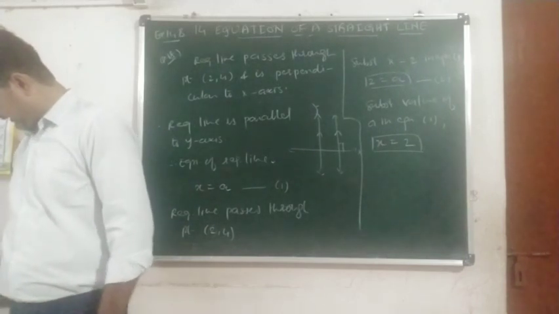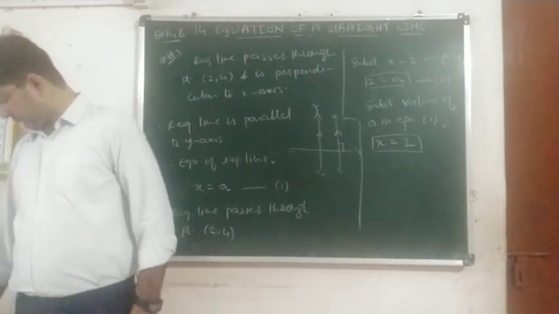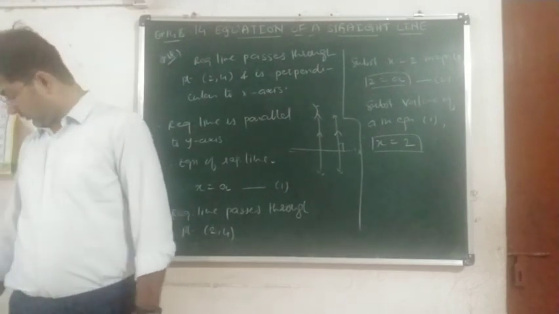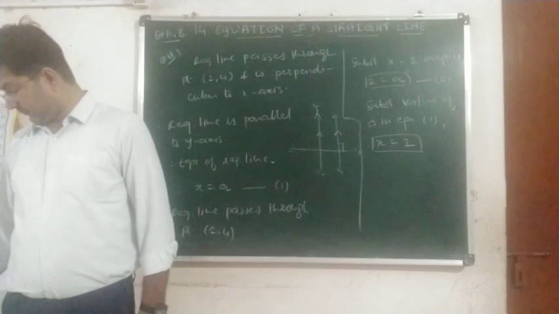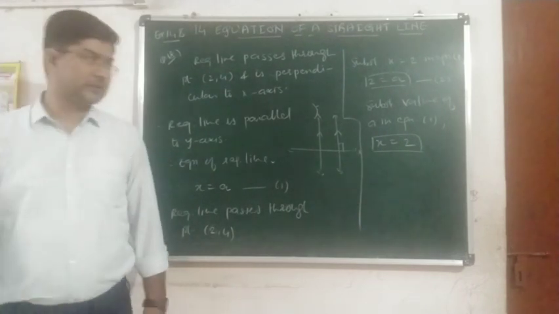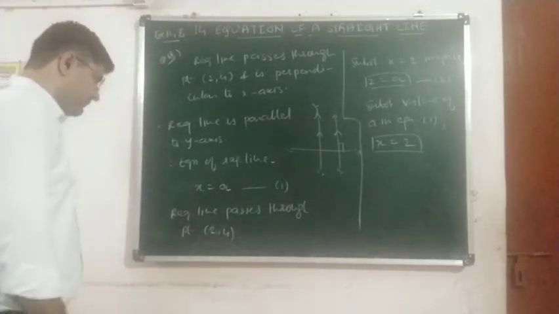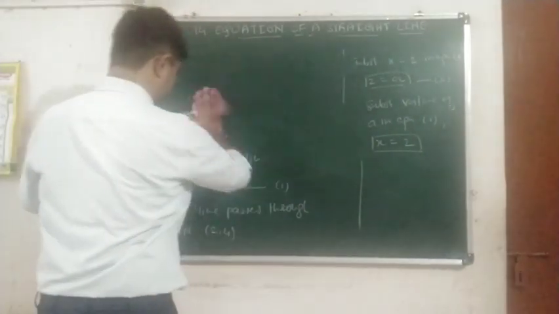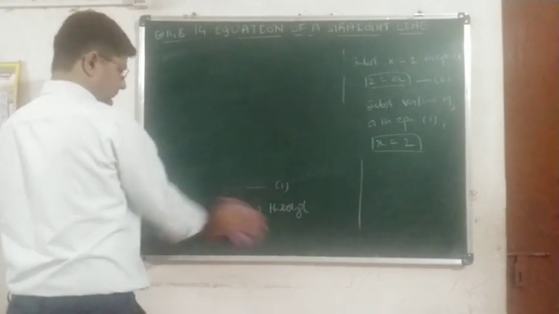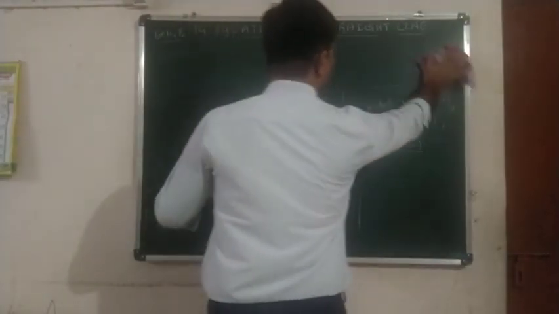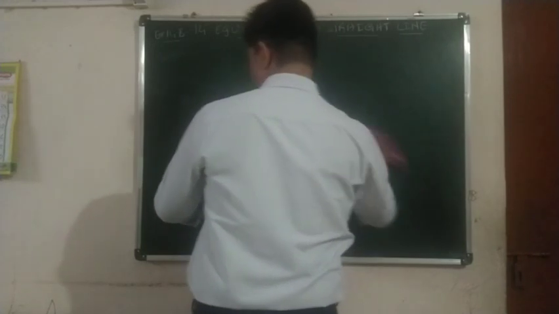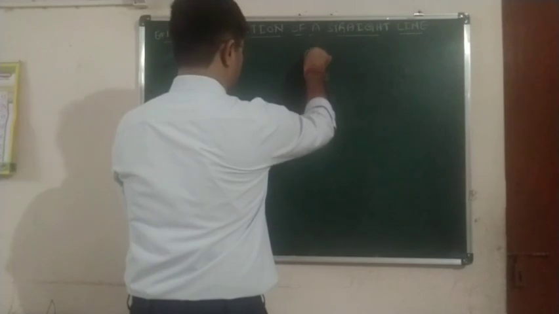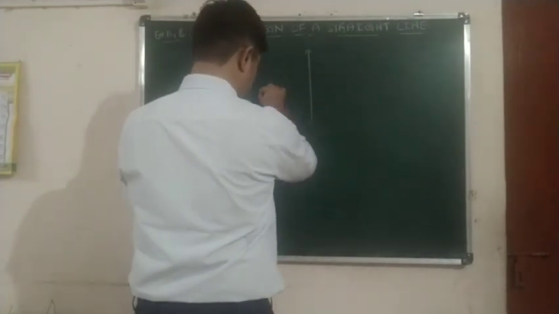So question number 19, find the equation of the perpendicular dropped from the point -1, 2 on the line joining the points 1, 4 and 2, 3. Let us try to understand this question with the help of a diagram. For this we are going to draw again coordinate axes x and y.